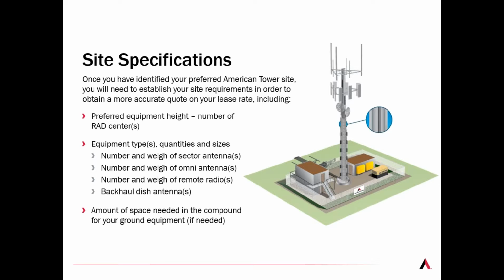And the last piece is the amount of space needed in the compound. And there's a lot of different scenarios in our sites where, in this actual photo, it shows there's some shelters on site. Sometimes we have rights to those shelters. Sometimes those shelters belong to the carriers, and we don't have access to them. If we do, we could potentially provide you utilities. If we don't, obviously you'd have to either plug into the existing multi-gang meter bank and or bring in your own power. And those are all things that we scrub for our customers as well.